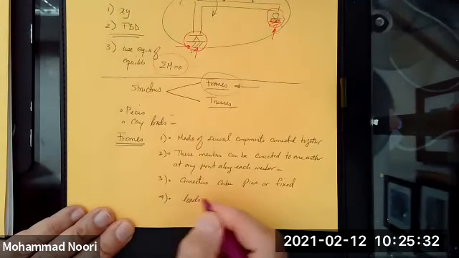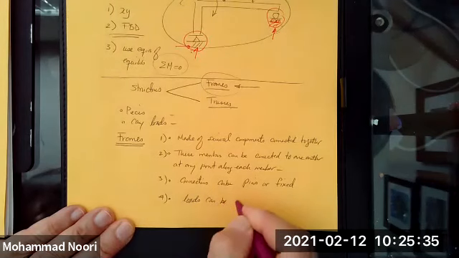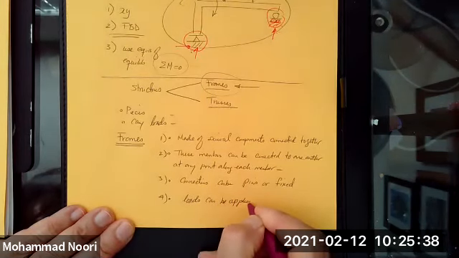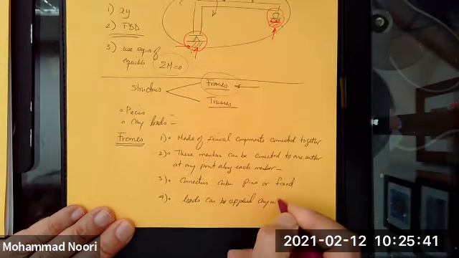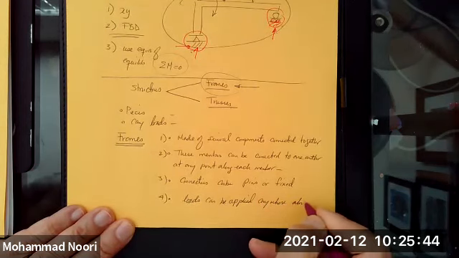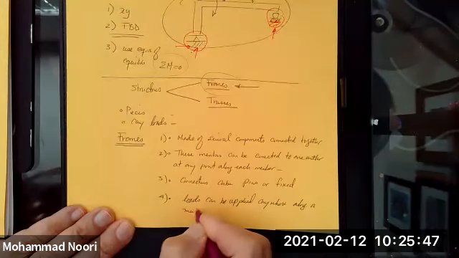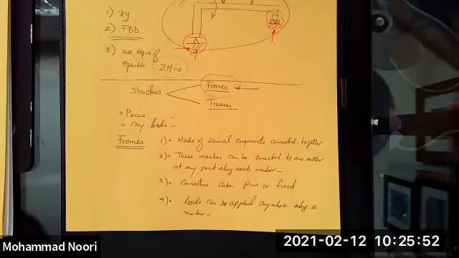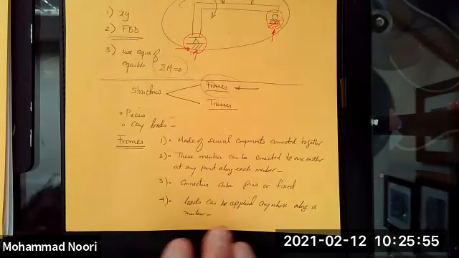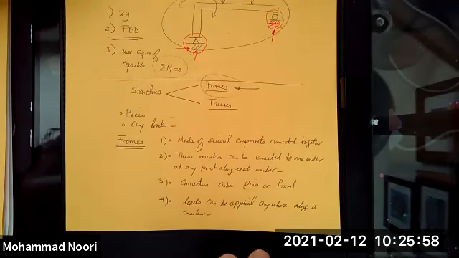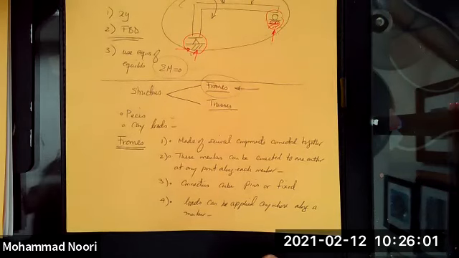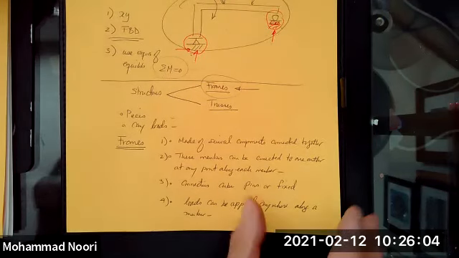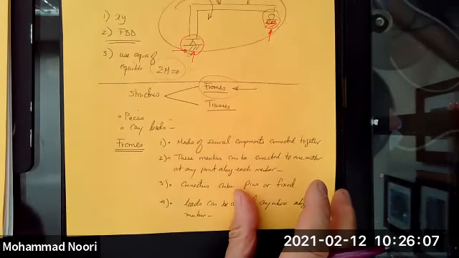Loads that act on the structure can be applied anywhere along a member. They don't have to act, for instance, only at the two ends of a member. So let me demonstrate this first qualitatively, okay? And then we'll talk about a quantitative approach, which is solving for these unknowns that we talked about,